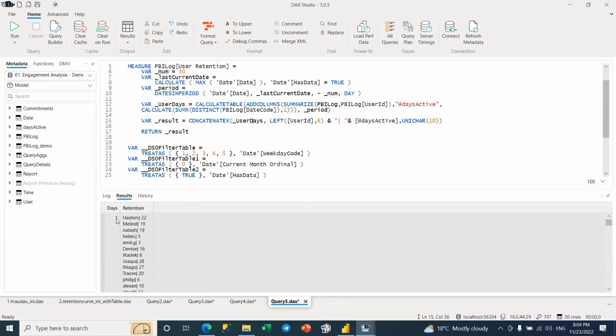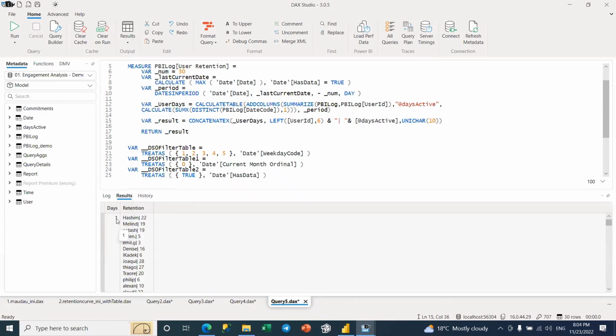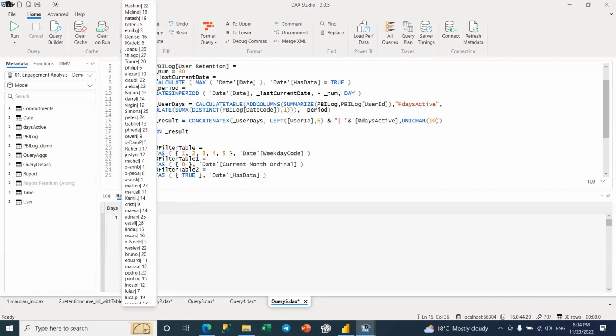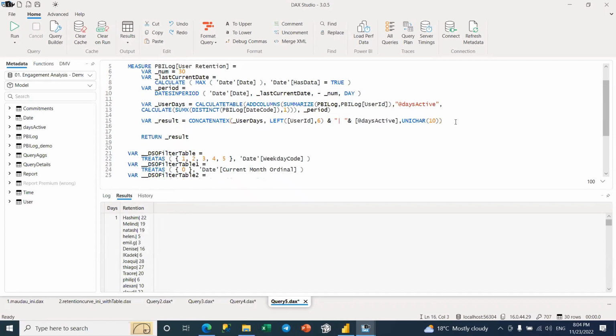Fine, but now, because for each row we will have exactly the same data, we want that for each row we exactly filter only the users that came that amount of days in that particular table. So the concatenate X works.